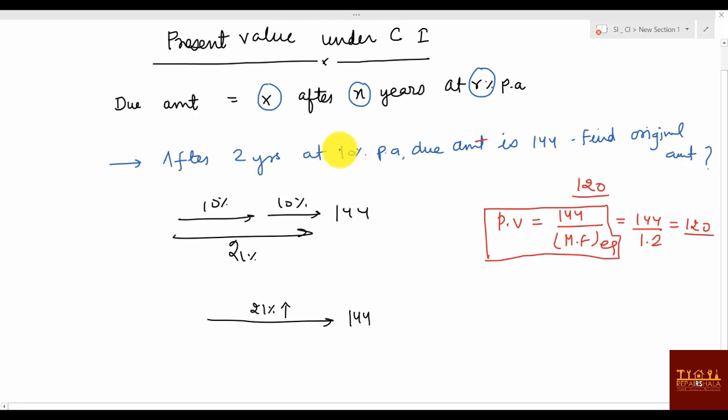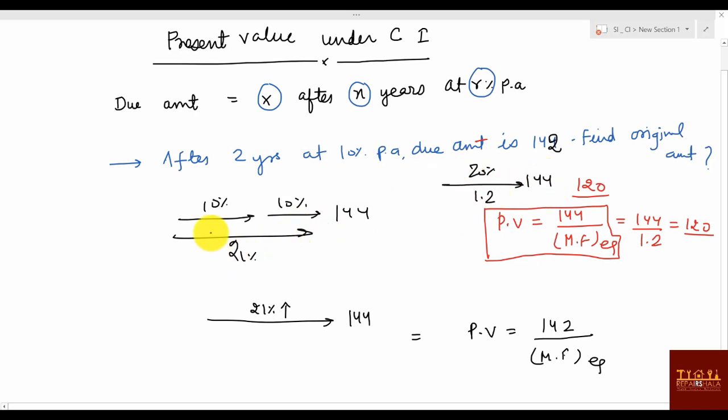So this is, take it 142, okay, make it 142. If you make it 142, now solve. So you can say, same way, here also your present value is 142, that is your due amount, divided by the multiplying factor equivalent. Because like this one you have made, it was 20%, and the amount was 144, and the multiplying factor was 1.2. So what you did, 144 by 1.2.